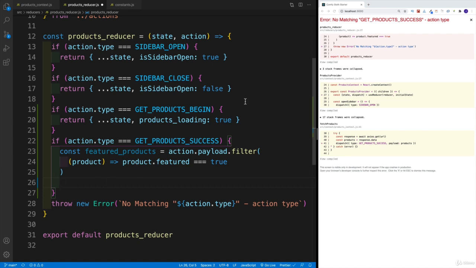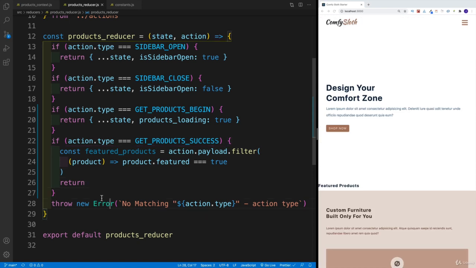And one thing you'll notice here is that I still get the error, even though technically we handled that. Why? Well, because we're not returning a state. So that's important, meaning we're not returning anything from this condition. So if I set up simple return, then of course I'm not going to get this error. But keep in mind that you will get this error even as you're working on this action type if you're not returning something. So just in case that trips you up, why was that happening? Well, because we don't have the return. And the moment we add the return, there's going to be no error.